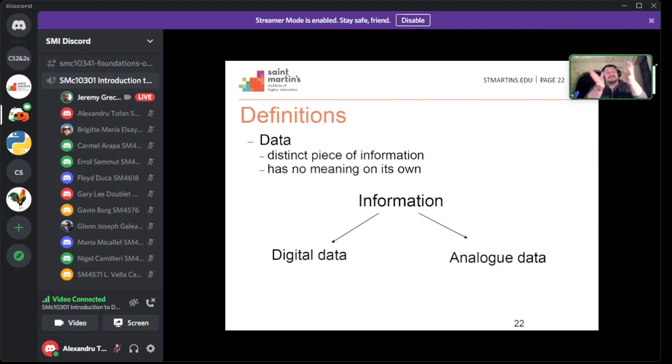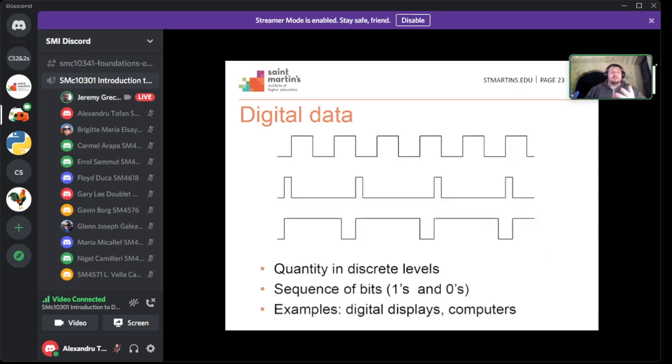That which is known as digital data, or that which is known as analog data. Digital data essentially means that you are transmitting this data in a sequence of discrete levels of value. These discrete levels essentially represent ones and zeros, whether it be